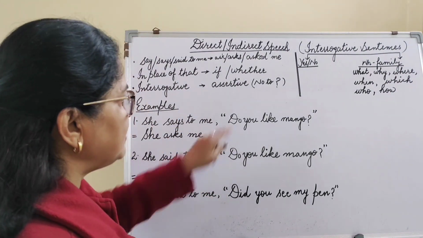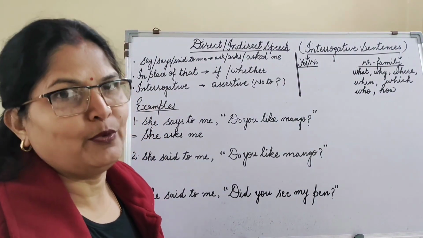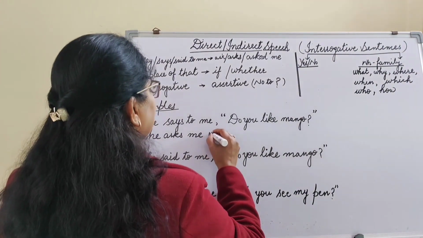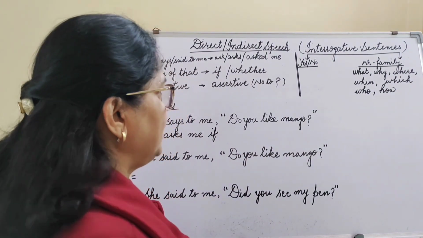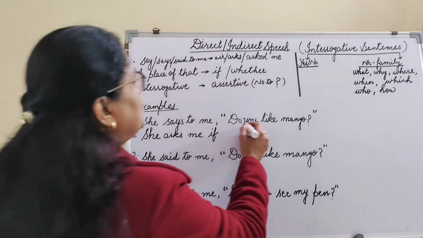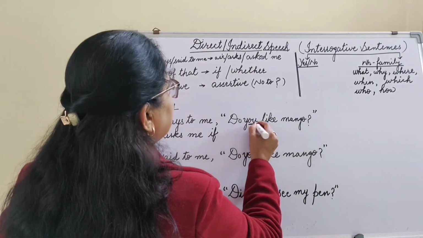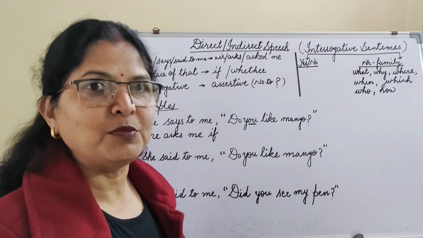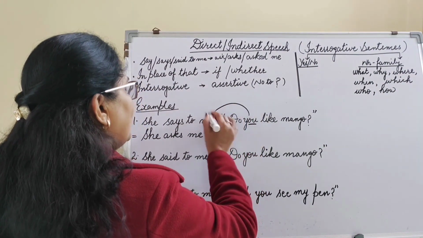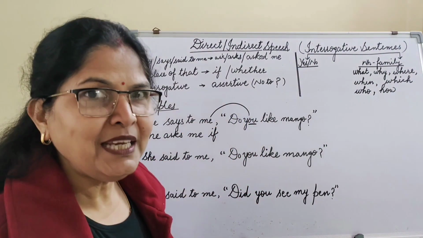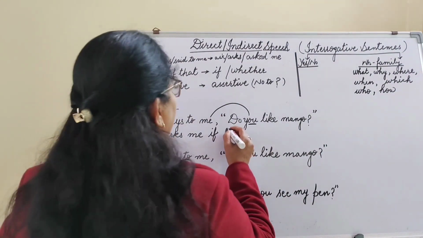And now in place of inverted comma and comma. Earlier we were using that. Now what we are going to do? If or whether. Kuch bhi. So let's write if. If. Now, do you like mango? You have to understand here. Do you like mango? So what is subject here? Here you is the subject. And you have understood from the previous video that the second person changes according to the object. Object is me. So this is me. Me will change to I. So if I,